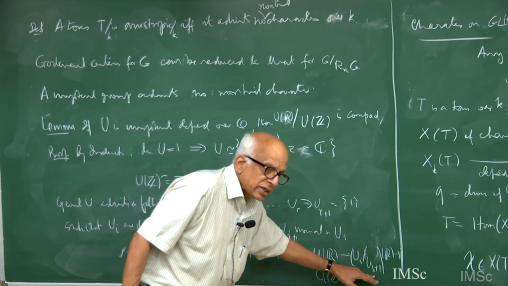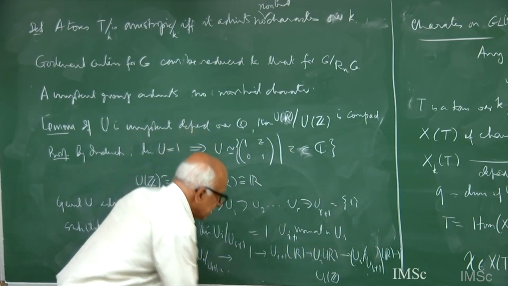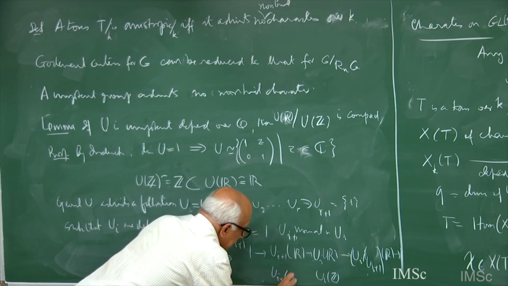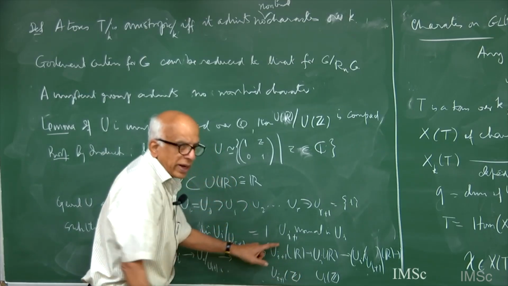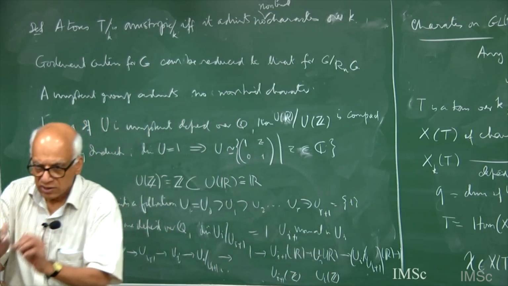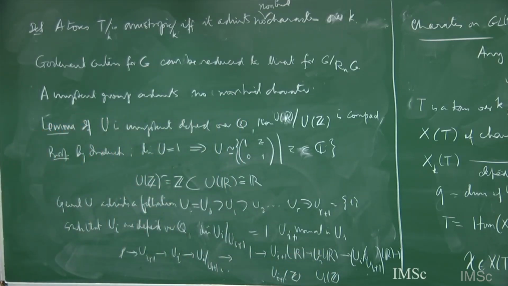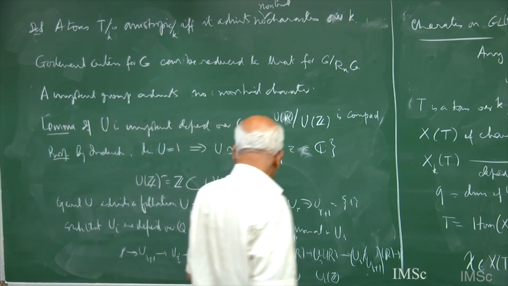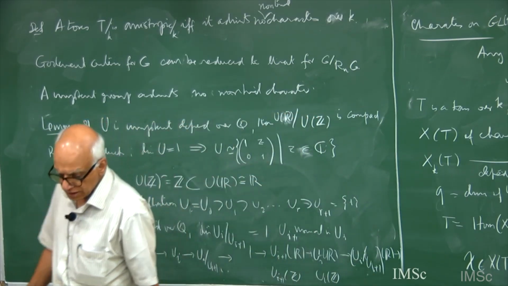That quotient is compact, and here the intersection will be U_{i+1}(Z). By induction hypothesis, this quotient is compact, and therefore it is easy to conclude that this quotient is also compact. The thing caught between, the quotient is again compact. That's a pure set-theoretic topological argument. Once this is done,